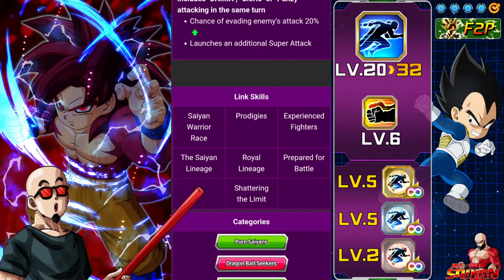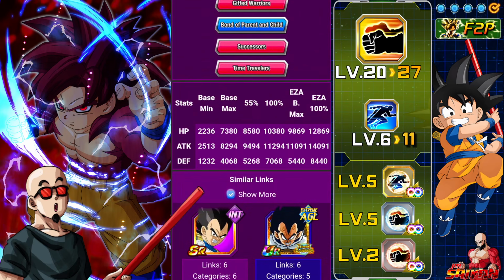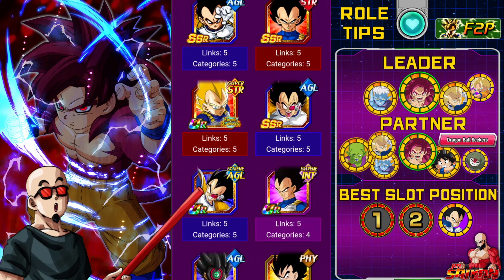Now, link skills are Saiyan Warrior Race, Prodigies, Experienced Fires, Saiyan Lineage, Royal Lineage, Prayer for Battle, and Shattering the Limit. He's going to link well with a decent amount of Vegetas specifically, but he will also link with several of the other